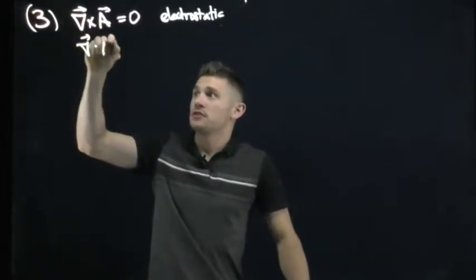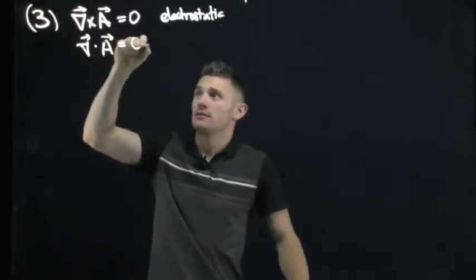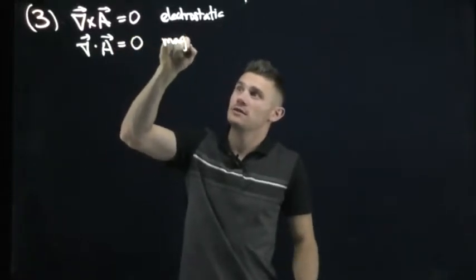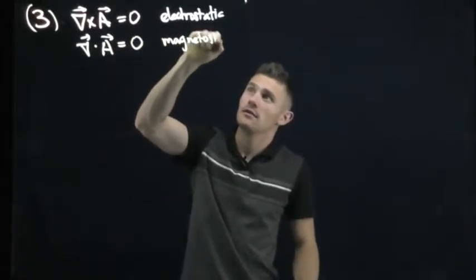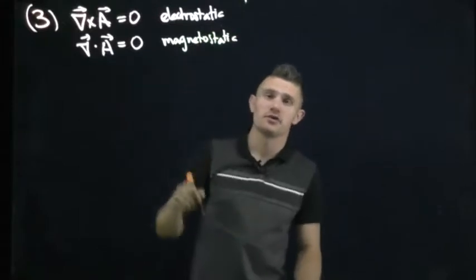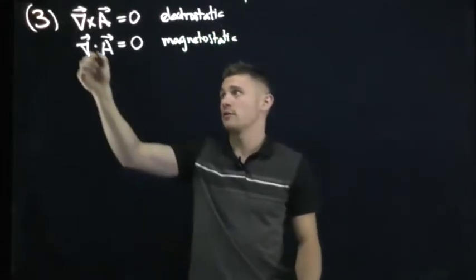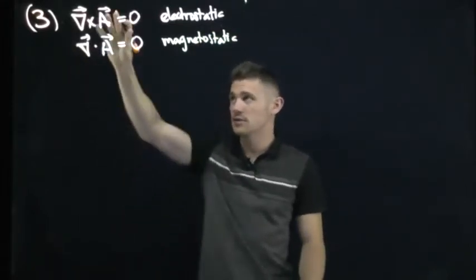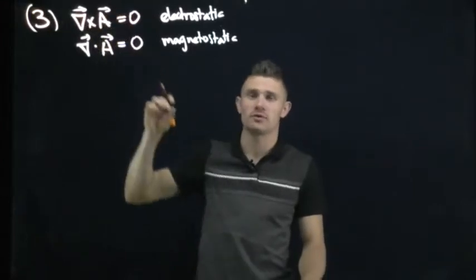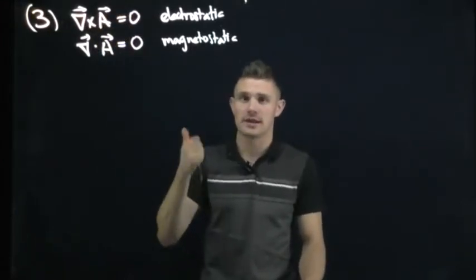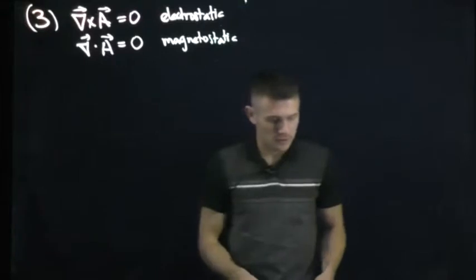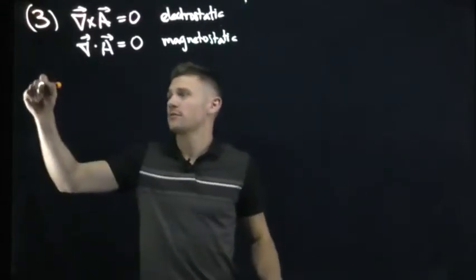And if we have the divergence of some vector field A equal to 0, this will give us a magnetostatic field because, again, the divergence of B is equal to 0 for a magnetostatic field. So these are the two things we need to remember in order to distinguish whether it's electrostatic or magnetostatic. So part A gives you some vector field